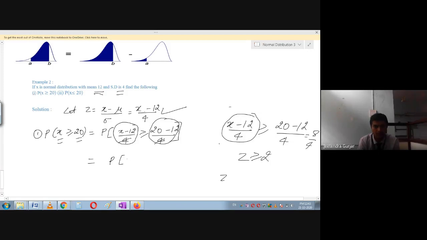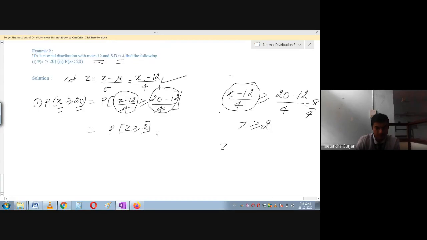So first you are going to convert this into a variate. Probability of variate means this 20 is the big term, and they have given for this 20 the mean 12 and standard deviation 4. Therefore you are going to take the variate, that is probability. So here this is the value you are actually going to calculate. I will tell you graphically why it is like that. This is in terms of z.